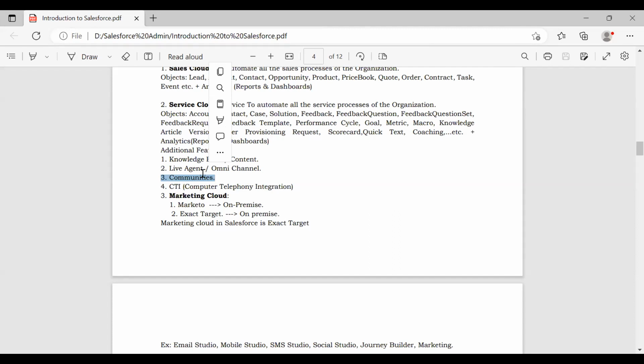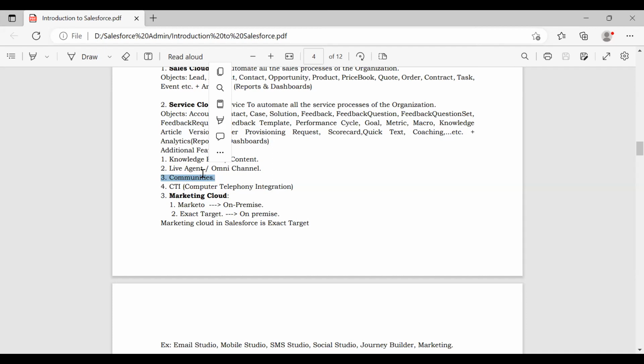Suppose you have any query regarding Salesforce development, admin or Visualforce, you can post your query in that community and some other developer can post the answer. In a few minutes, you can get the solution. Even if you are a fresher, if you are part of the developer community, you can get answers to all your queries in a very short time.